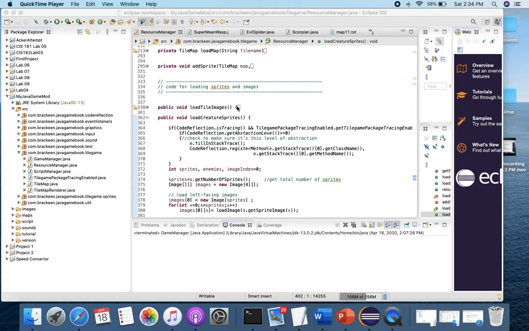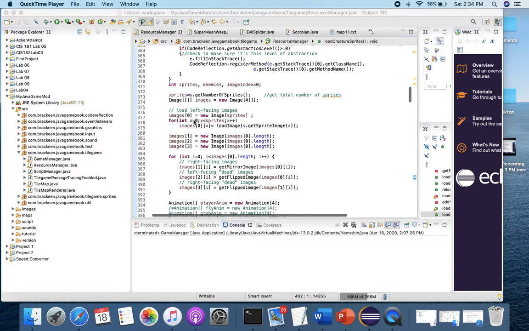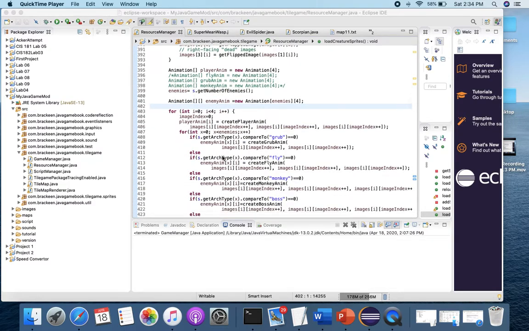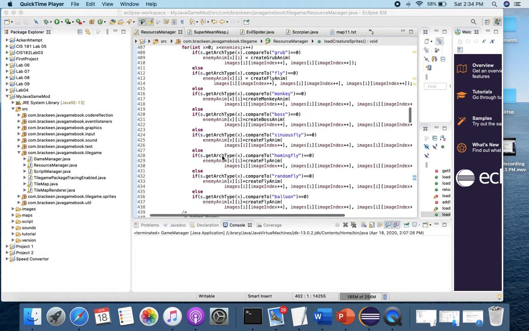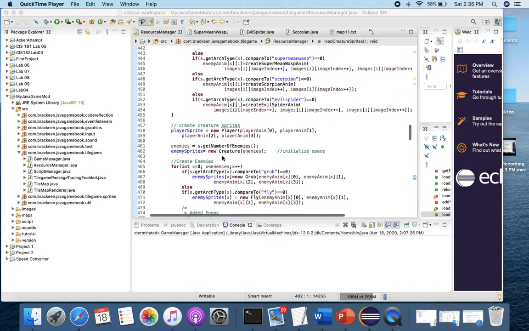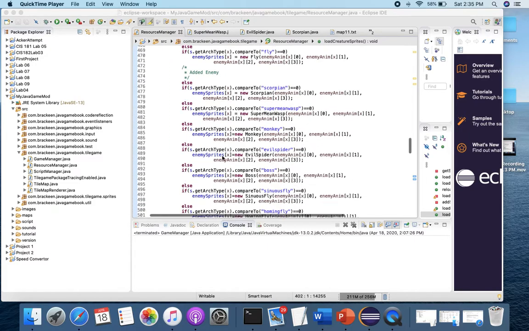This is my project 3, where I modified the existing game to add some new enemies to it. I did this primarily through the Resource Manager class, and under the method Load Creature Sprites, where at this point I added a couple of the images into this for loop right here to call the images for the new enemies that I created. And then again right here, when I was creating the enemies,